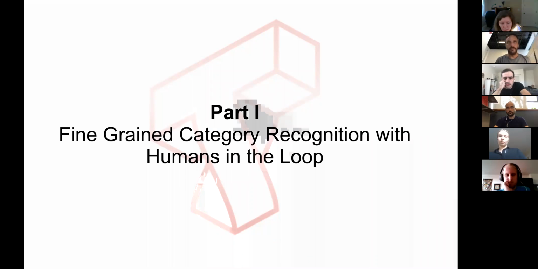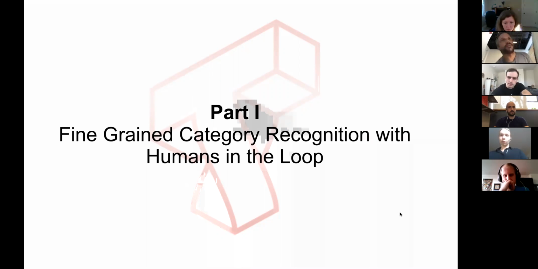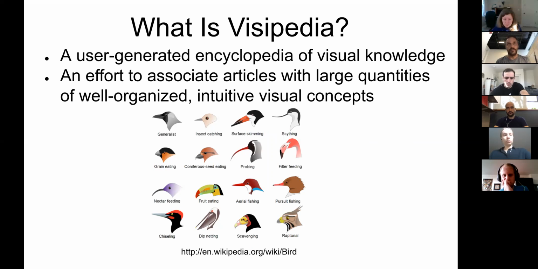So starting with the Visipedia part, I think there's still someone unmuted. Okay, so the Visipedia part is focused on something called fine-grained visual categories. And we want to recognize these kinds of categories with humans in the loop. So in the Visipedia project, we focus on this kind of specialized knowledge that is held by specific human communities that know about things like birds or make and model of cars or fashion, apparel, plant disease. So there are communities that focus on these different kinds of problems.